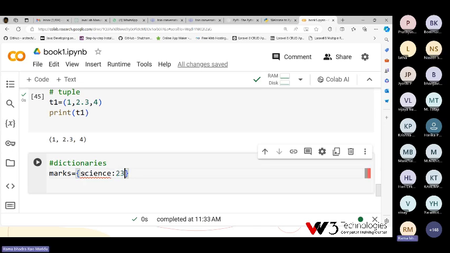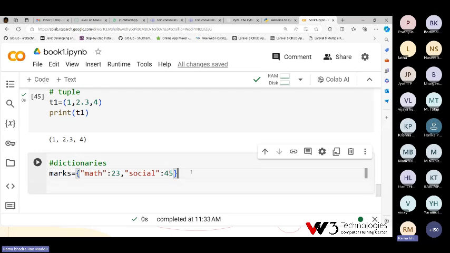Actually, here science is a string, so that's why you need to give double quotes. It is a key. Science is a key, and it is a string. Otherwise, you can give math, 23. If you want to use social, you can give 45 or something.